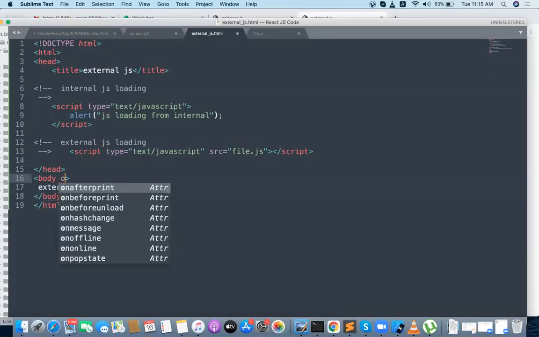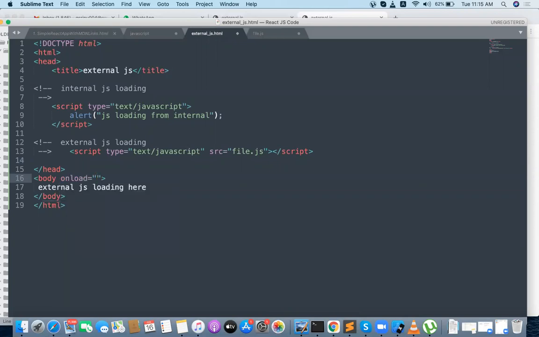For example, in body onload I am loading something. In body onload also, I am writing an alert box. I can't put double quotes again, right? We put single quotes: JS loading from inline.